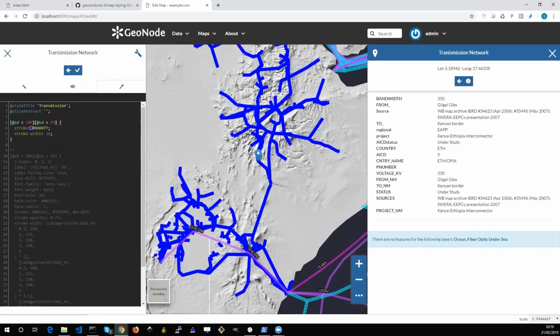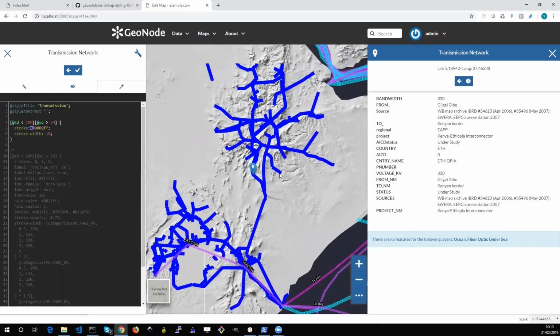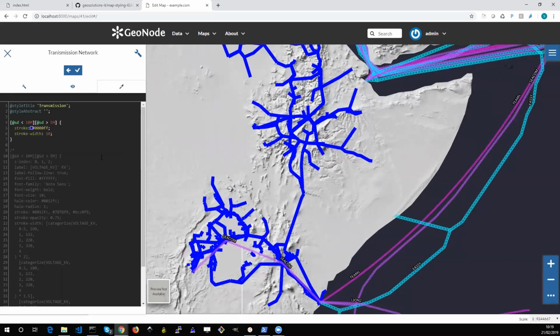So now we apply the same stroke width and color for all the features in this layer. Then we saw before we can apply multiple rules with the same properties. So I'll add a new rule. I'll make it, in this case, a white color, and on top